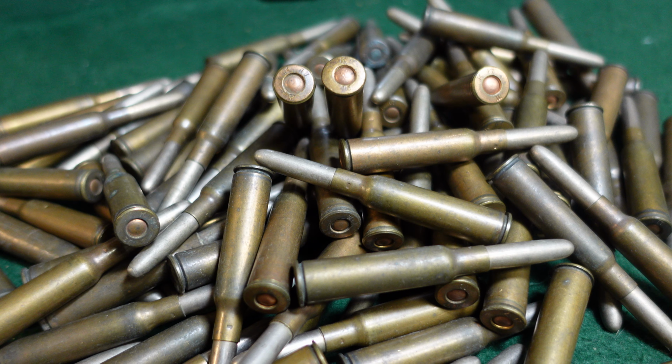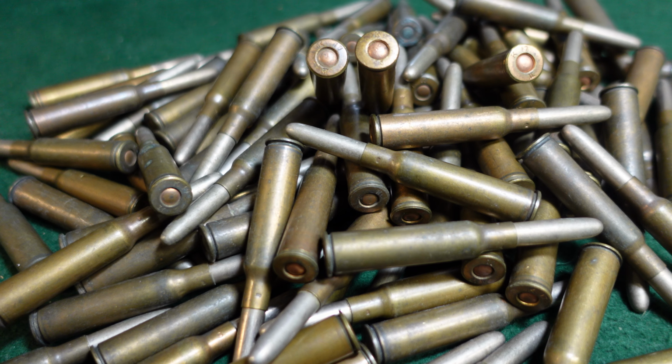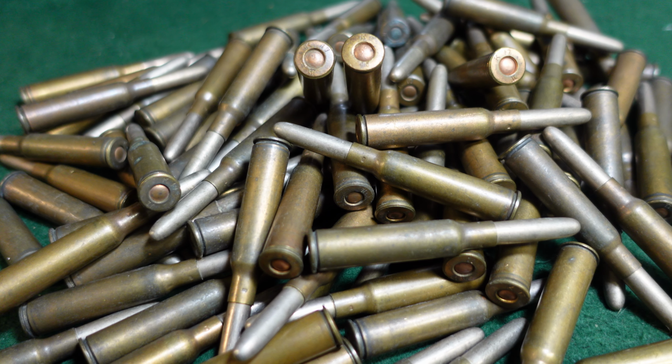Today we're going to be looking at just kind of an interesting round. These are 6.5 millimeter Japanese cartridges. They were actually made by the English company of Kynoch, which is a famous ammunition manufacturer located in England. And they were made in the World War I era in 1916 and 1917, mostly for use by the Imperial